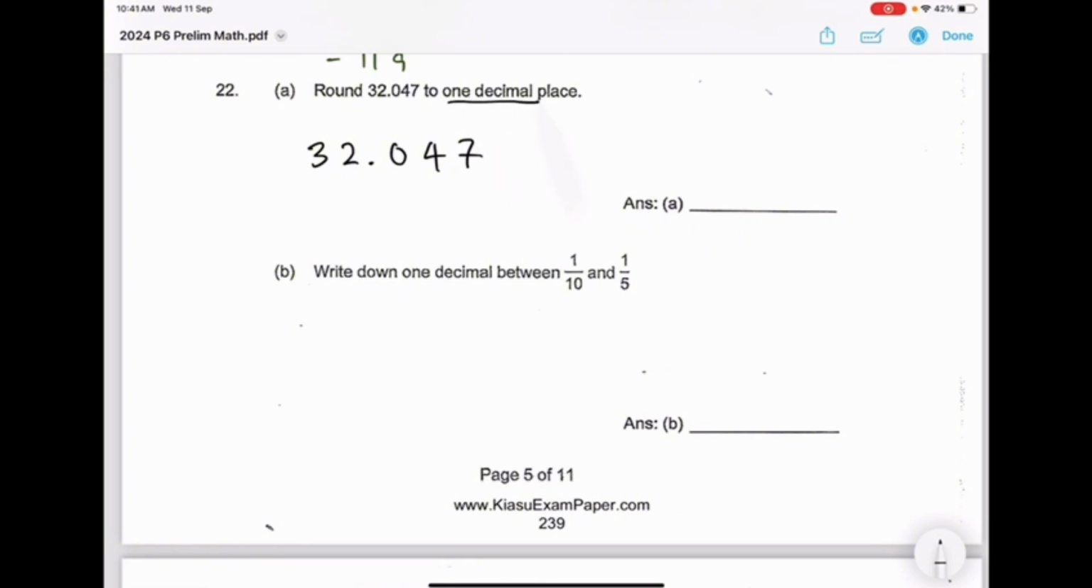To round to 1 decimal place, we have to identify which number is in the 1 decimal place at the moment, which is currently 0. Once we have identified it, we look at the number to the right. If this number is 5 and above, we round up. If this number is 4 and below, we round down. And 4 is clearly 4 and below, therefore we are rounding down. And our answer to this question is